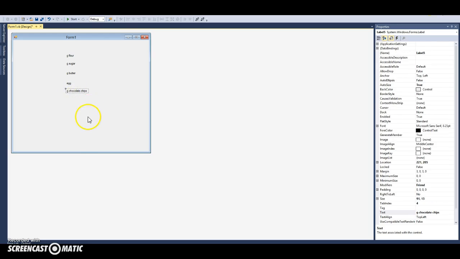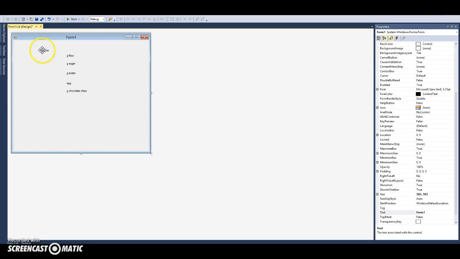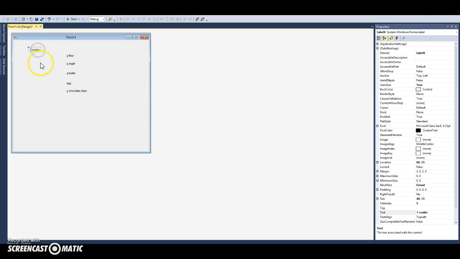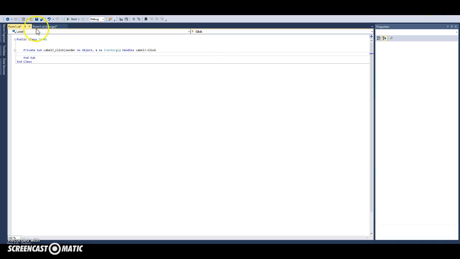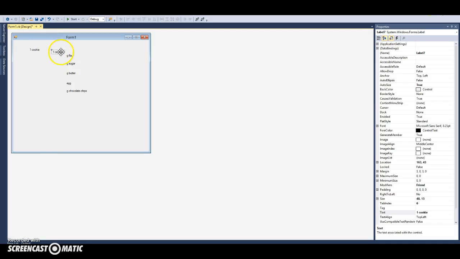Now I'm going to just put a couple of labels at the top here. So this is for one cookie, and then I'll have another one for total cookies. Oops, went into the code editor a little bit too early. Okay, so